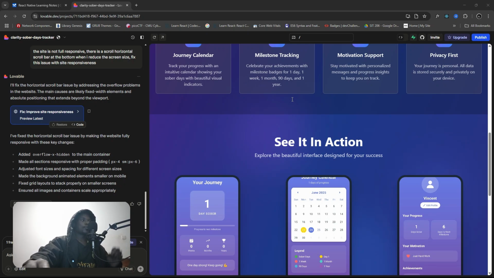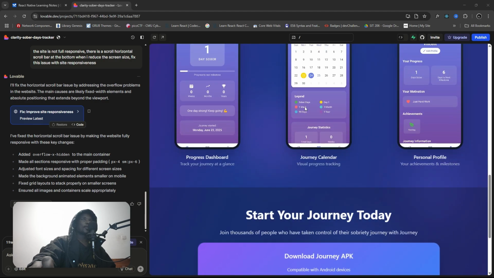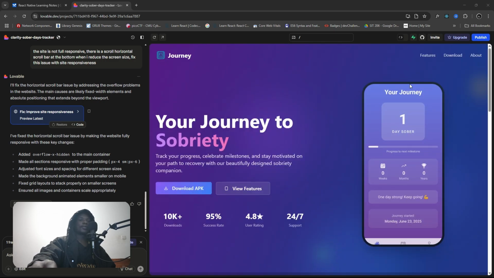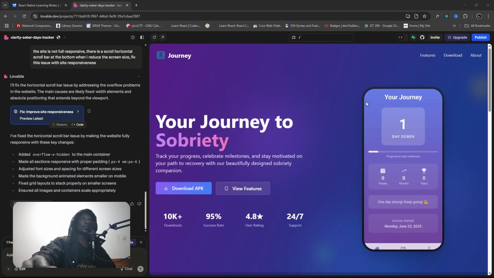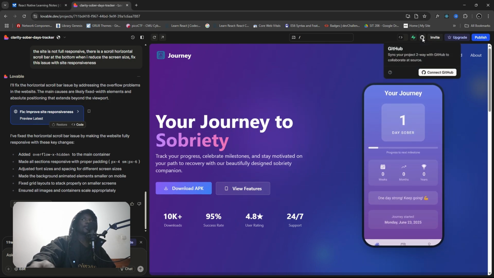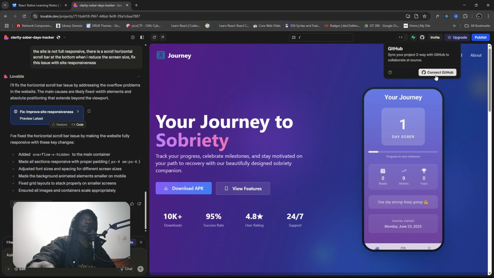Okay, guys, so in today's tutorial, I'm going to show you how to host your Loveable project and make it live. Okay, so first you'll have to push your code to GitHub. So for that, just click here, then connect your GitHub. So click connect GitHub,